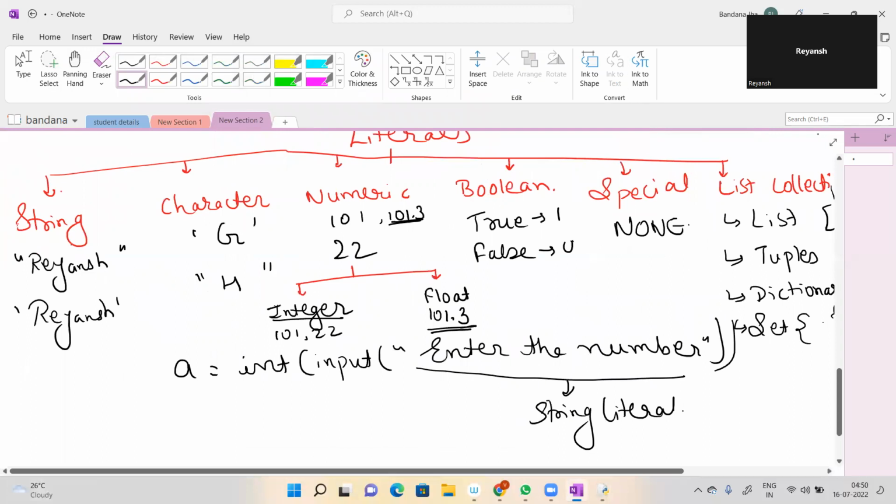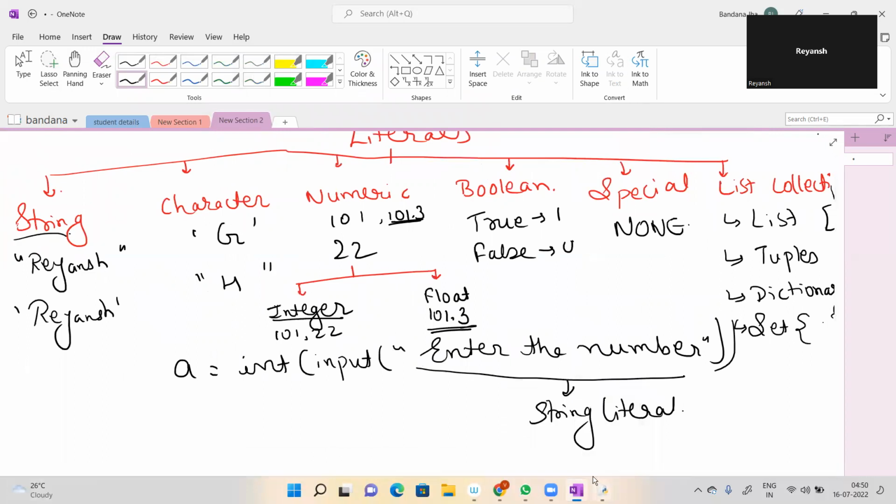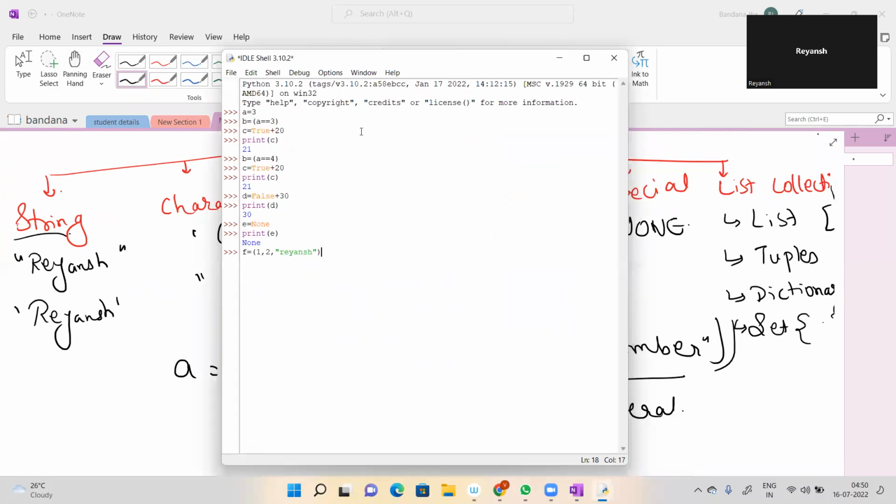Correct, Riyaj? This is known as our string literals. So if we enter print F, it will show in the double quotes form. Clear? The G is equal to, this